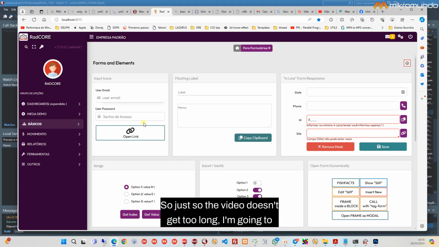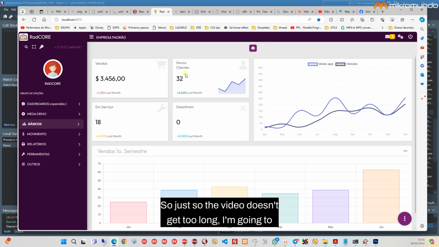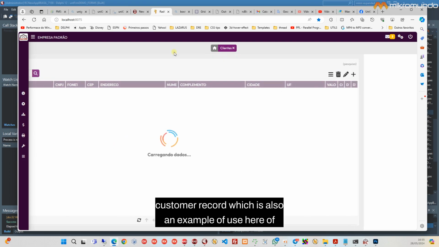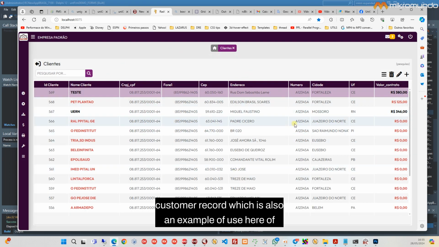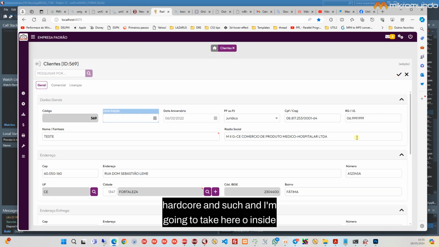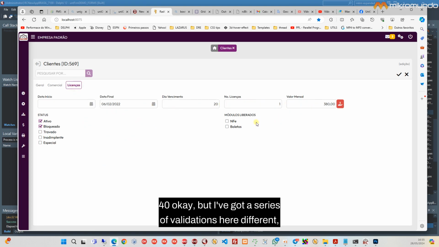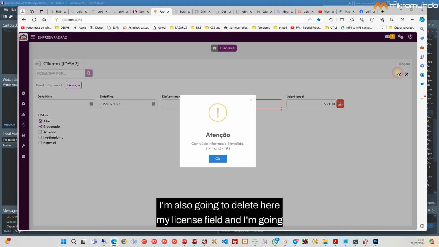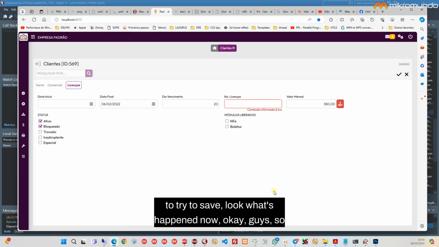So just so the video doesn't get too long, I'm going to open here, as an additional conditional example, my customer record, which is also an example of use here of RadCore and such, and I'm going to take a look inside of this project. I have here some old and new fields, but I've got a series of different validations here. I'm also going to delete my license field and I'm going to try to save. Look what's happened now. Okay, guys, so we now have a validation that is conditional. I need a value here greater than or equal to